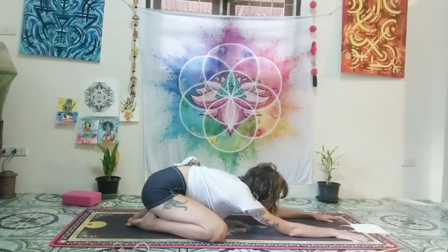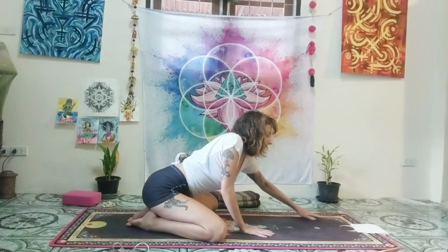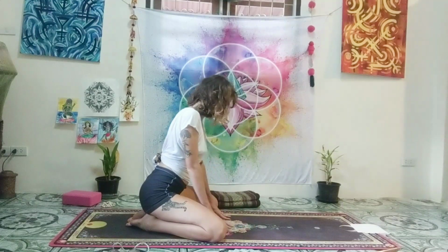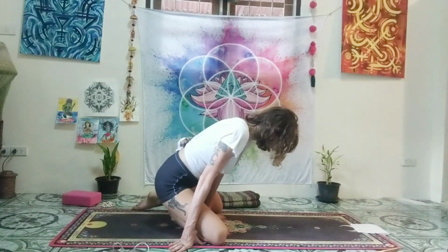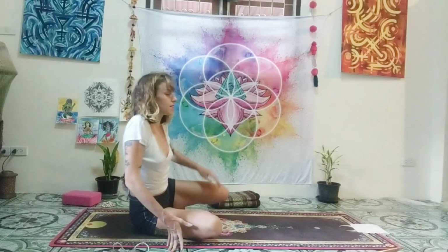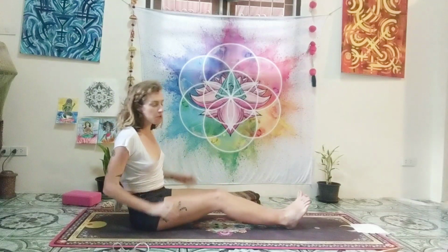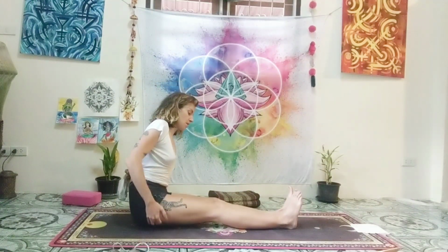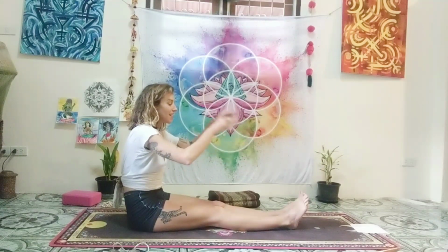Inhale, look up, walk your hands back, sink your hips to the floor, extend the legs out. This is our final yin pose before we come to Shavasana, and it's caterpillar. So legs in front,